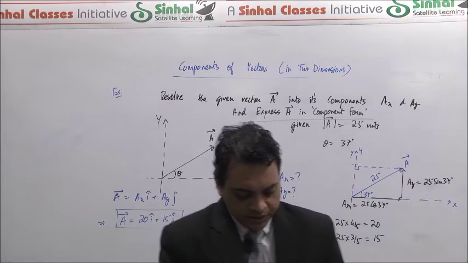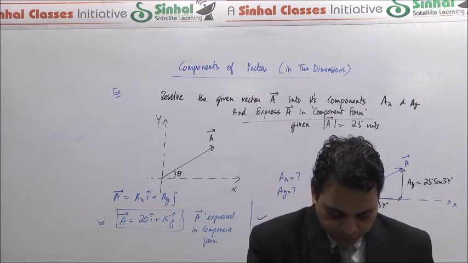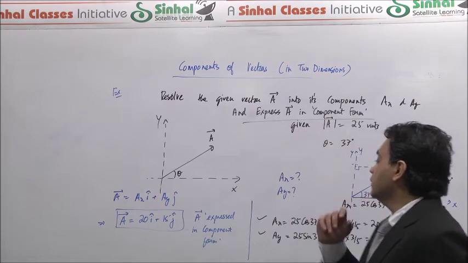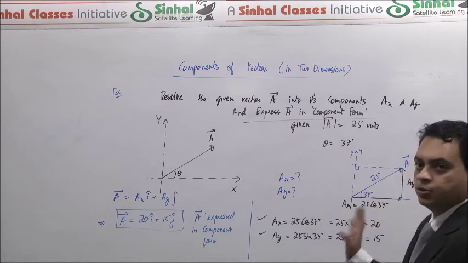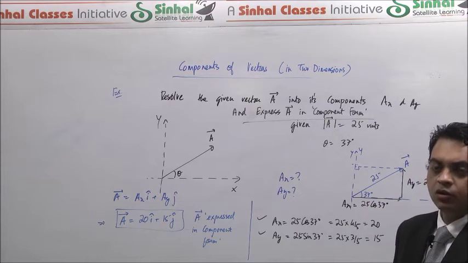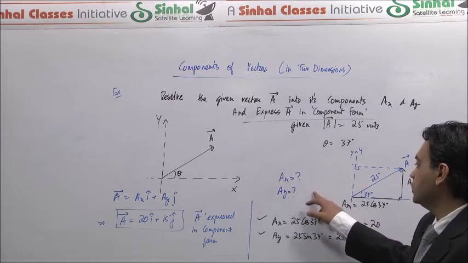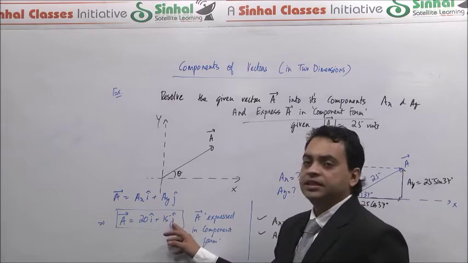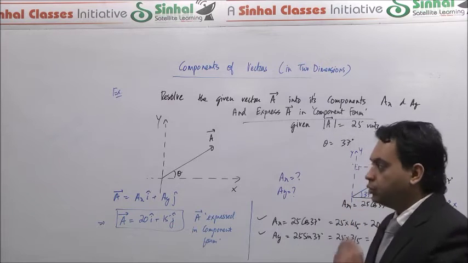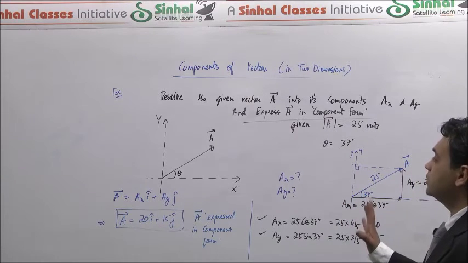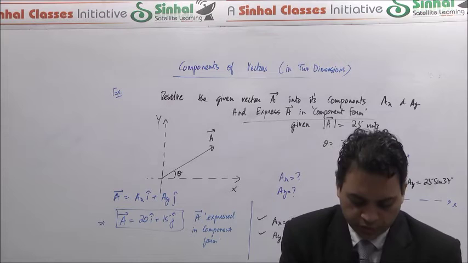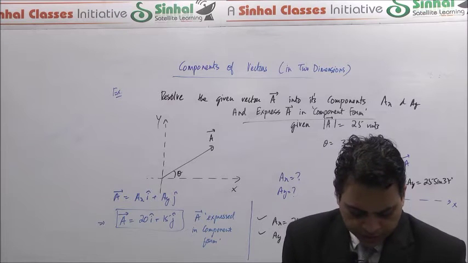Right, so hope that particular example was clear. Because these particular components are perpendicular to each other, when we resolve in components which are along axes that are mutually perpendicular, we also say that they are the orthogonal components. So Ax and Ay over here, or Ax i cap and Ay j cap, are vectors which are perpendicular to each other, so they are called orthogonal components. So when we resolve in a two-dimensional system where the axes we are considering are mutually perpendicular, we can say that we are resolving it into orthogonal components. Right, so that is about this.